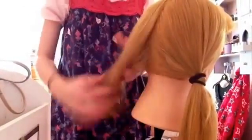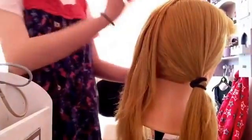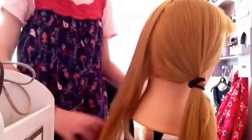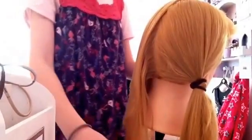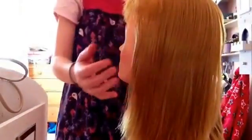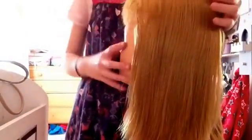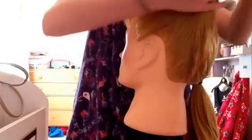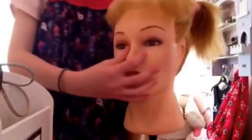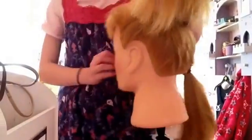And now with your other section, just brush it out. Okay, and now you're going to gather it up and make a ponytail right here. So you're gathering, I'm just going to do it really roughly. So you're just going to gather it all up and,